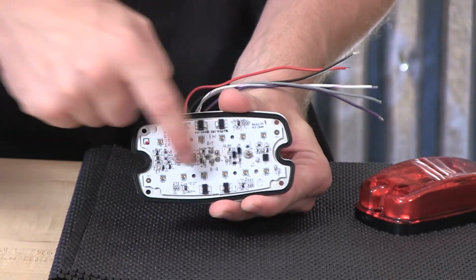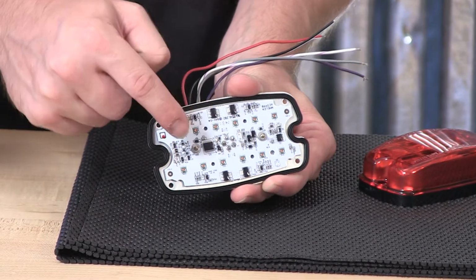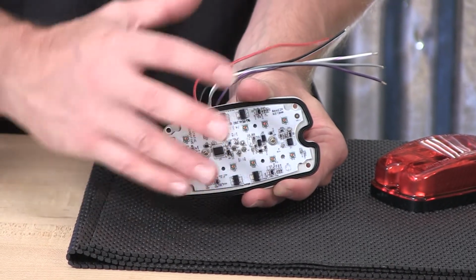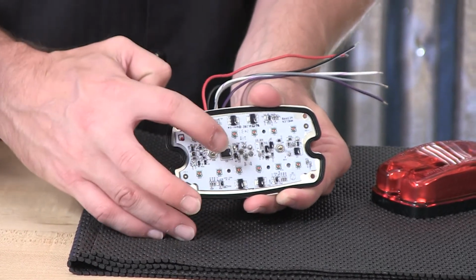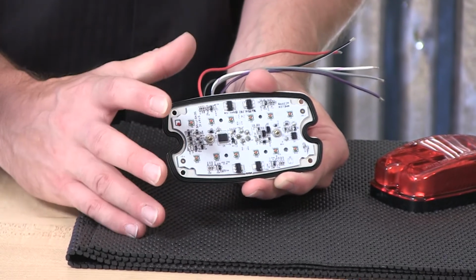And the other various circuitry that allows the M4 Lighthead to be what it is. So with that, the circuitry breaks off from the wiring input, goes to the diodes for flashing them, and also one of the control chips on this I/O board assembly relates to the flash patterns. So it has the programming set into it containing the numerous different flash patterns that the M4 can offer for